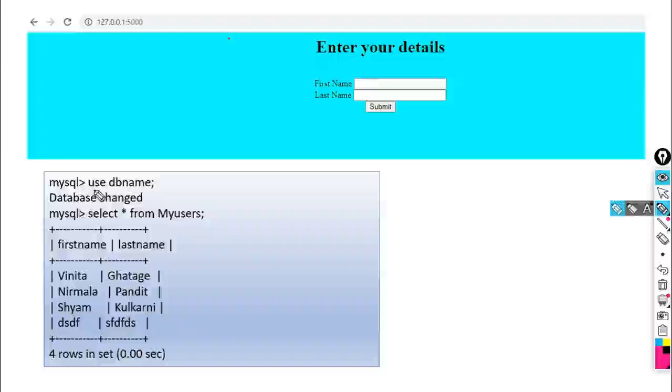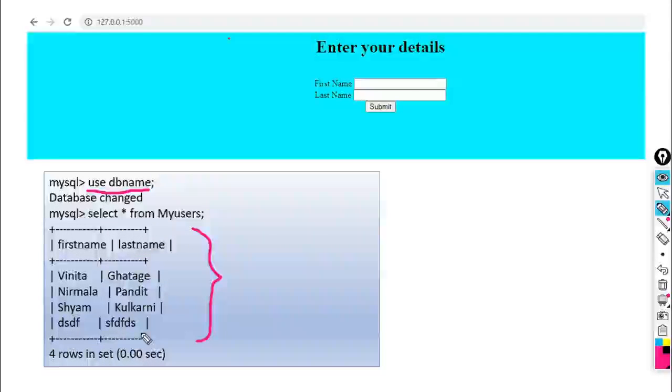So we should invoke that database and then select that particular table. We can invoke the database by use DB name, so the database will be changed. Then to see the data within the table, we use a select query: select star from my users. It displays the data present in the table my users.